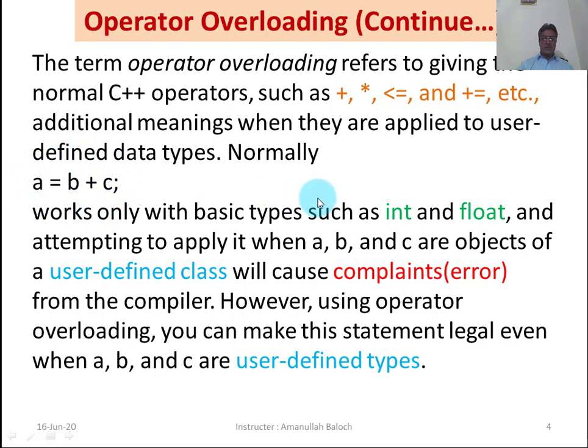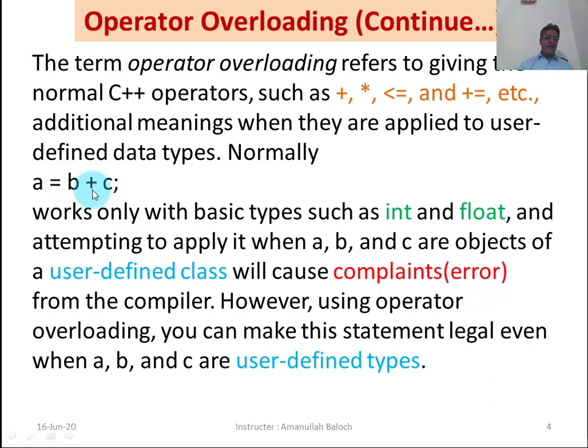But if we attempt to apply it when A, B and C are not standard data, that is, they are not integer, float or character, but objects of a user-defined class,